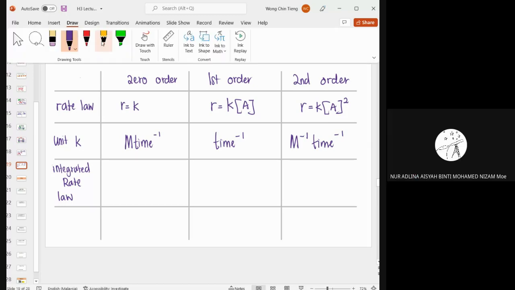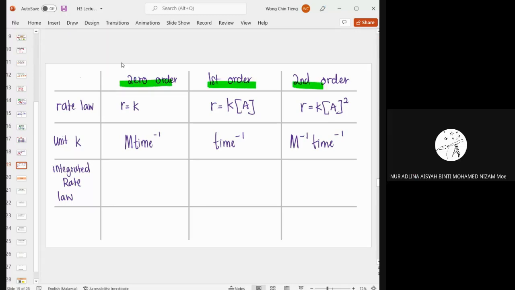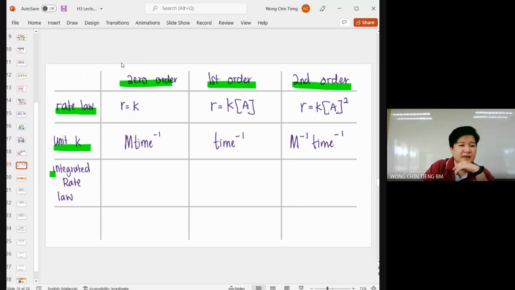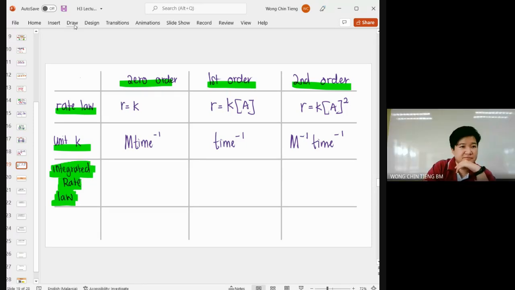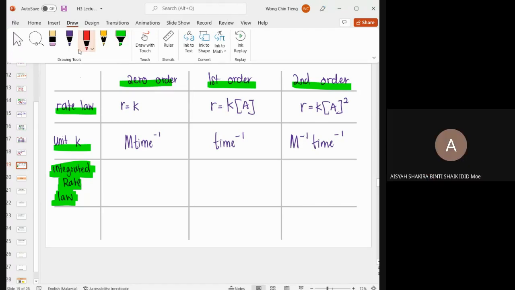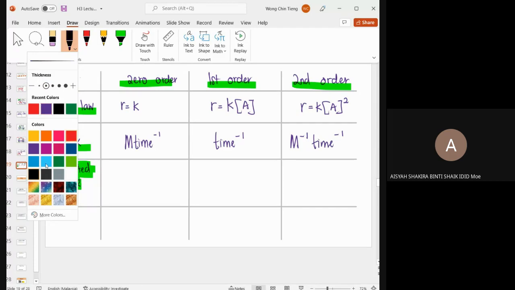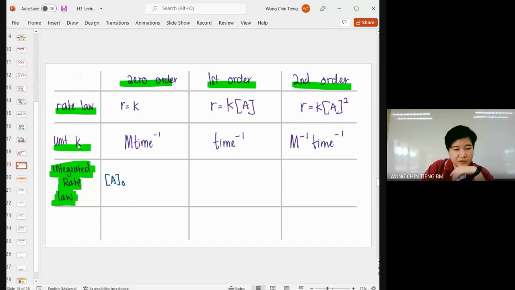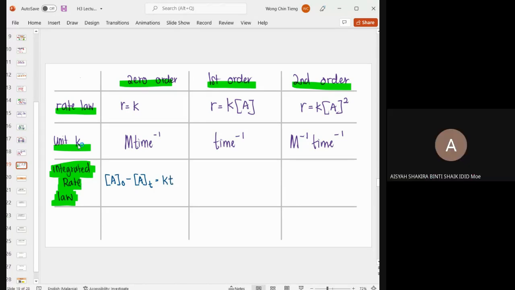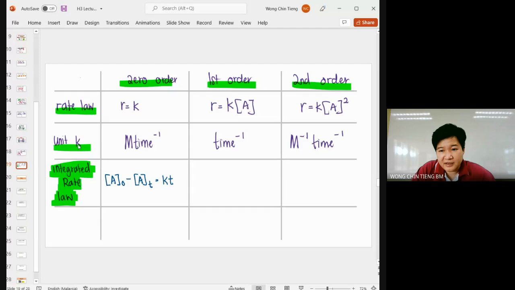Anyone? Rate of reaction is independent from the concentration of reactant. No, it's a formula, sayang. Oh, okay. Saya nak formula je. Concentration initial minus final. Concentration initial minus concentration T equals to KT. Okay. Yep. Alright. So sebelum saya sambung kepada integrated rate law yang lain, sebab kawan-kawan kamu diam